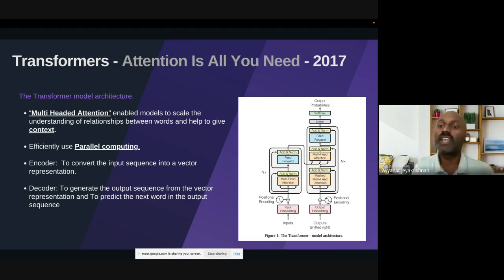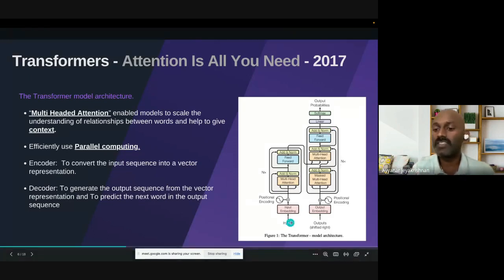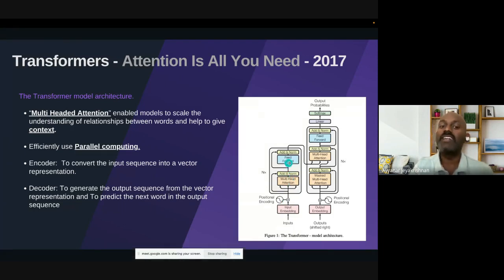The same challenge was faced when doing French to English, English to French, or German to English. So they built this transformer model for that particular use case, and they pointed out three important things. One is context: the data is given as an input, and here you will have multi-headed attention, where it will understand the context.